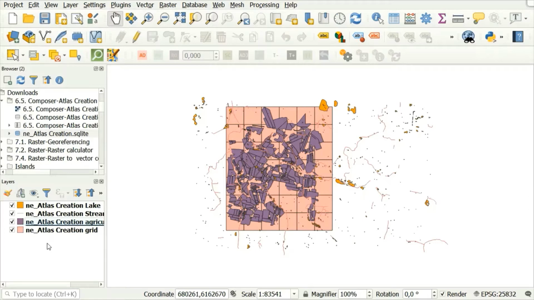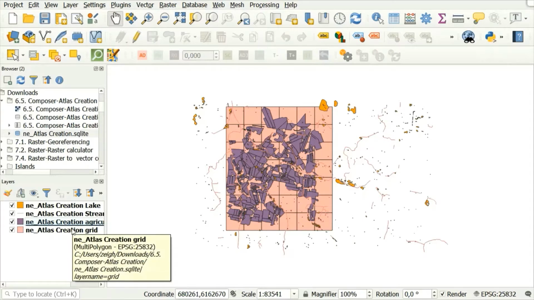So the first thing you need to do is to add the data that is provided, which as you can see on the screen, we have the lake layer, the stream layer, the agricultural fields layer, and the creation grid layer. And then secondly, in usual cases, you will have to project,